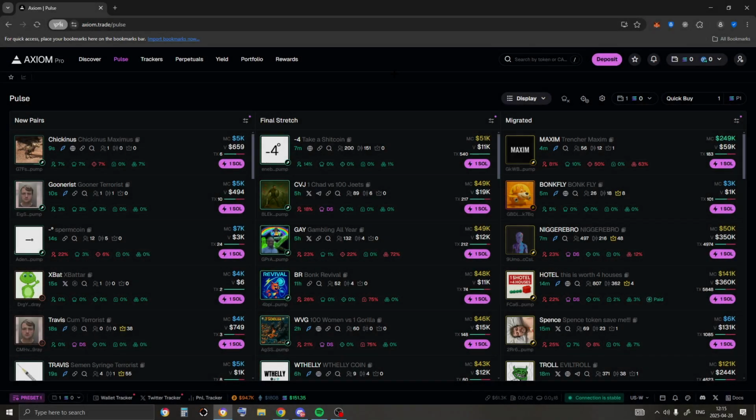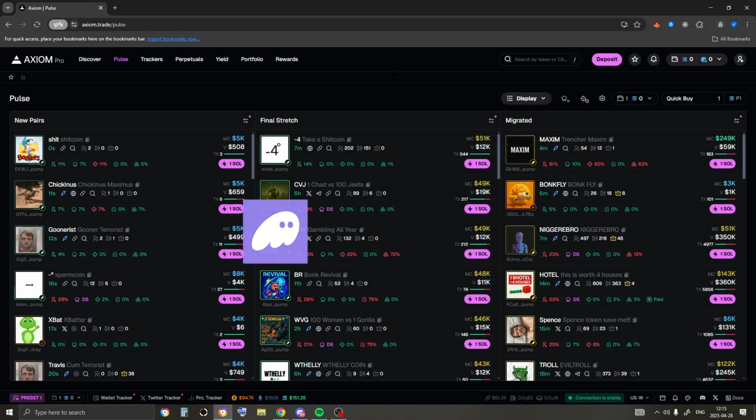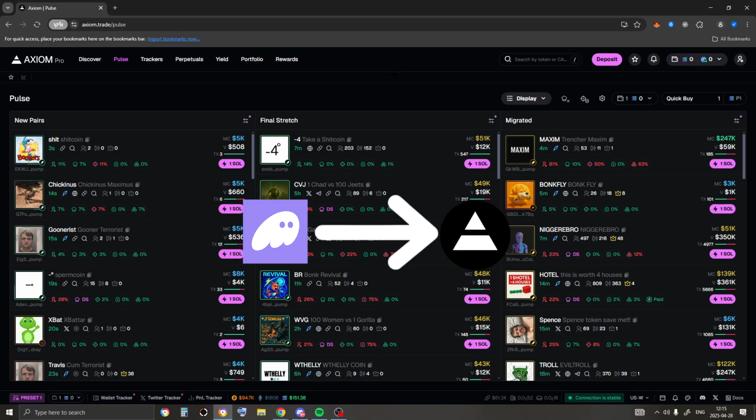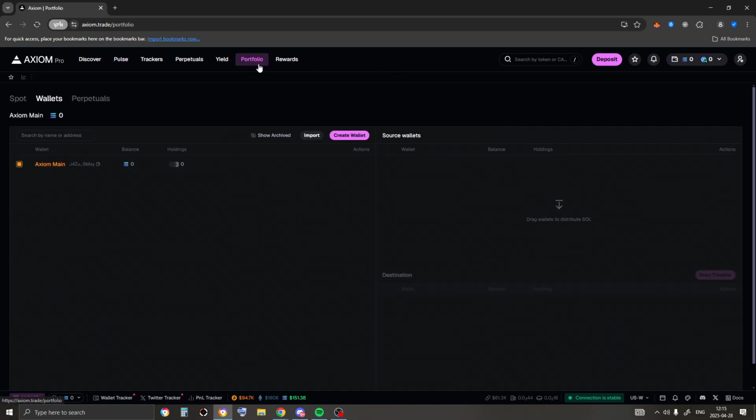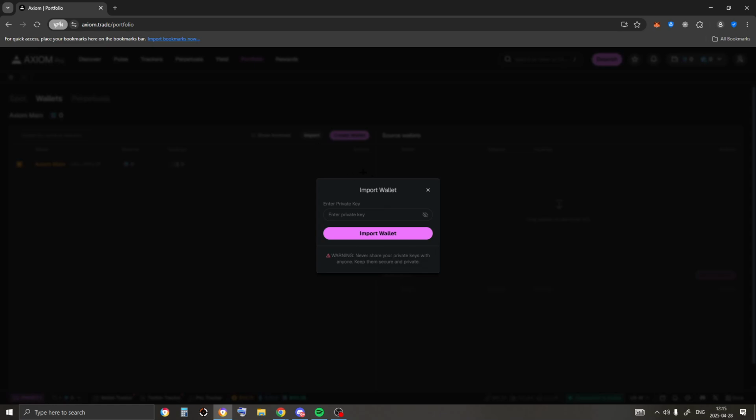Today I'll be showing you a quick tutorial on how you can import your Phantom wallet into your Axiom Pro. So let me show you. First of all, go to your portfolio, then you're going to see import right here, but first we need to